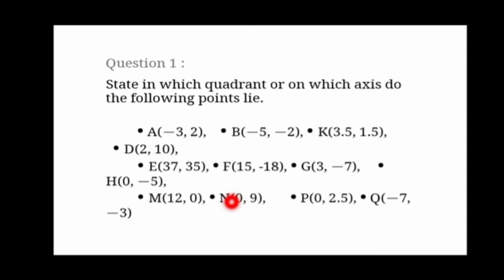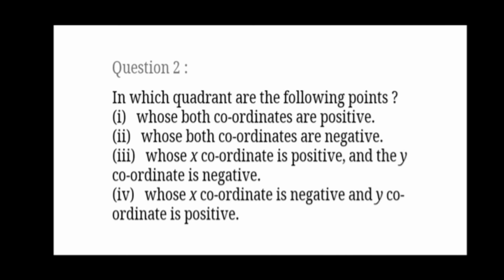Here again the x coordinate is 0, which means it will lie on the y axis, right? Here the y coordinate is 0, which means it will lie on the x axis, and here it is plus, so it will lie on the positive part of the x axis. And for point Q, both coordinates are negative, which means it must lie in the third quadrant. Understood? So in this way, just by observing their signs, you can tell the position of the points on the coordinate system. Okay, so we have covered the first question. Now here is your second question.